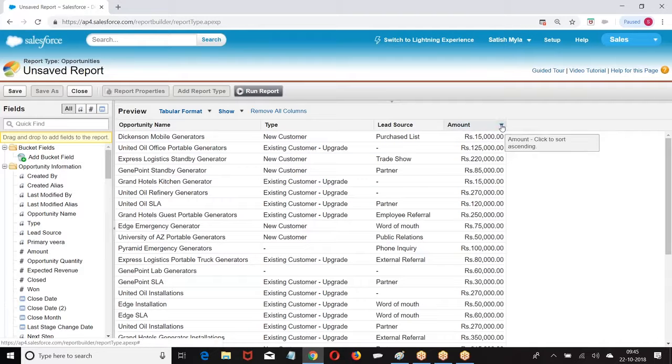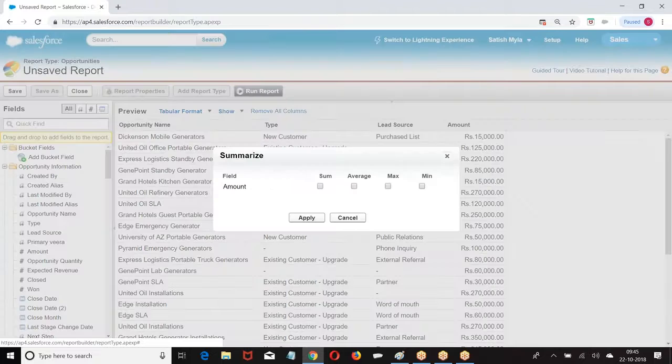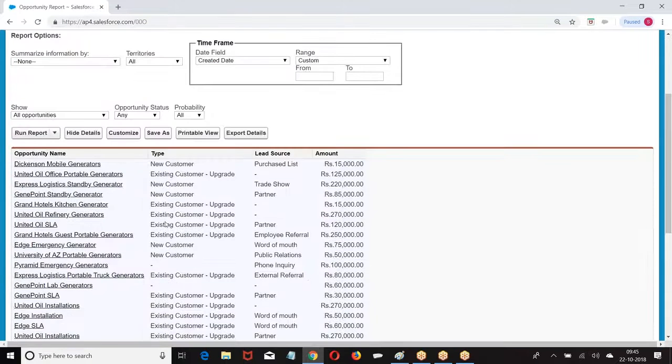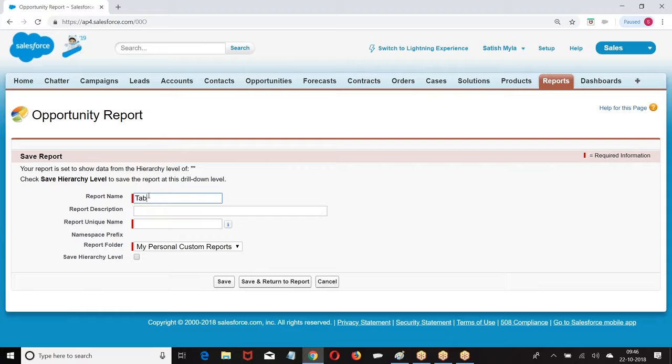Then here we are trying to apply amount, summarize this field, run the report. Tabular report stored to my folder called test.